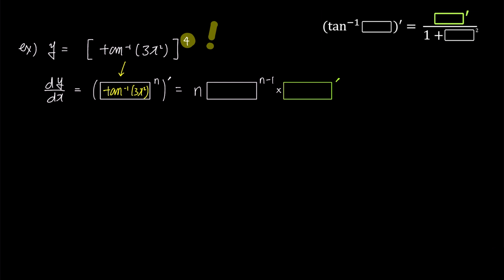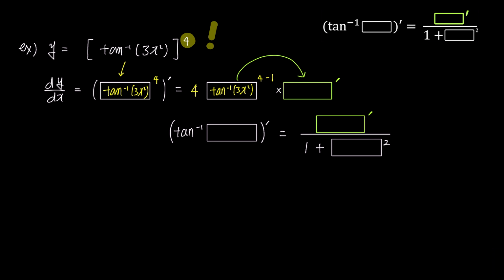Let's proceed by putting inverse tangent 3x squared, as shown in the previous line, into the left box. Instead of using the variable n, we'll input the value 4 corresponding to the exponent in the problem. Similarly, we put 4 in the right n and use 4 minus 1 for the exponent n minus 1. We also fill the right white box with the inverse tangent of 3x squared, just like the left one, and we place the derivative of the box in the adjacent green box prime. To differentiate the inverse tangent of 3x squared, we'll use the formula from the upper right corner once again. We put 3x squared in both left and right boxes, and for the derivative of 3x squared, which is 6x, we place it in the numerator's box prime.